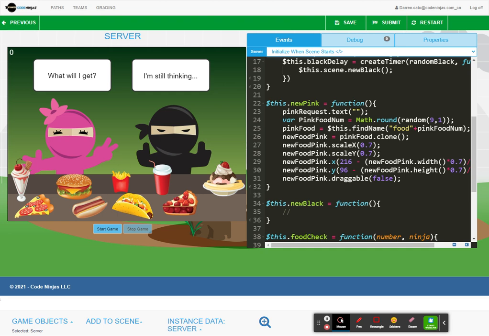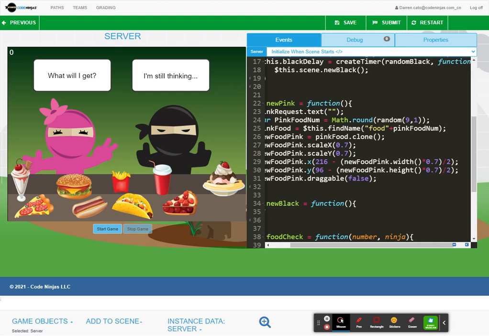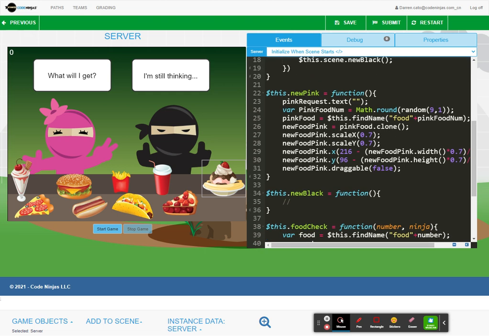Okay, Logan, I need some help debugging. So this.pinkFood.clone, and then scale xy, and then new food pink is equal to 216 minus newFoodPink.width times 0.7. That looks pretty good. Divided by 2. That looks good. We have 96 minus newFoodPink.height times 0.7 divided by 2. newFoodPink.draggable is false. Okay, so I think